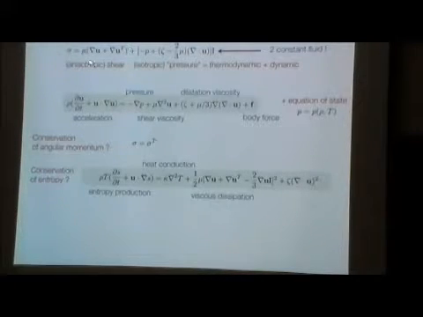One associated with this bit, the anisotropic bit, and the other associated with the isotropic bit. So intuitively, I can do work by essentially squeezing and unsqueezing the liquid, changing volume and not changing shape. And then I can do it by changing shape and not changing volume. And those are the two contributions that you see over here. Okay? So one bit from here and the other bit from here, associated with changes in shape without changes in volume, changes in volume without changes in shape, and finally